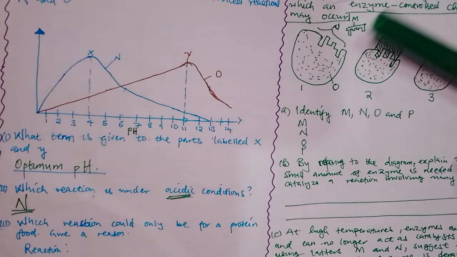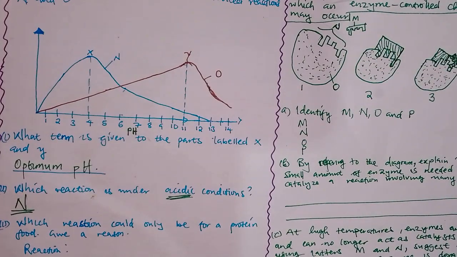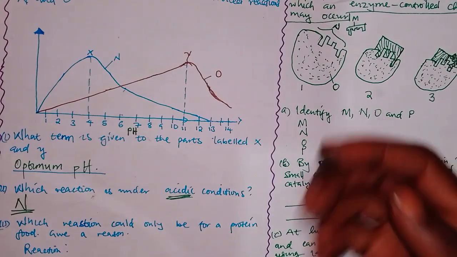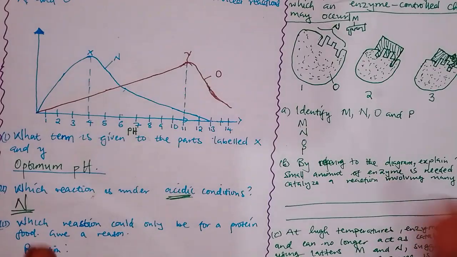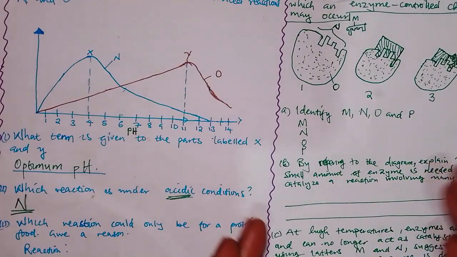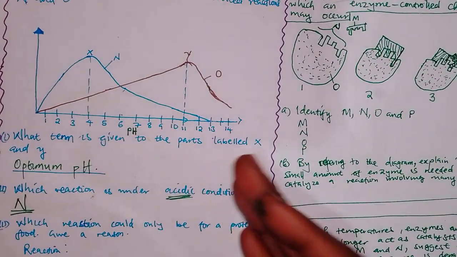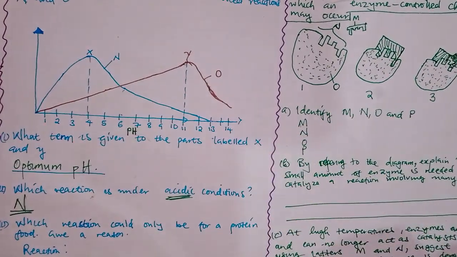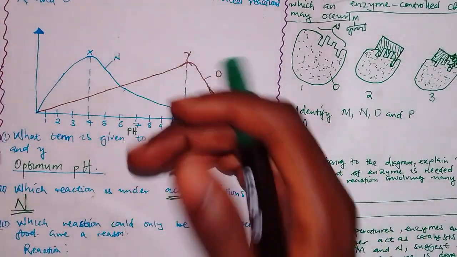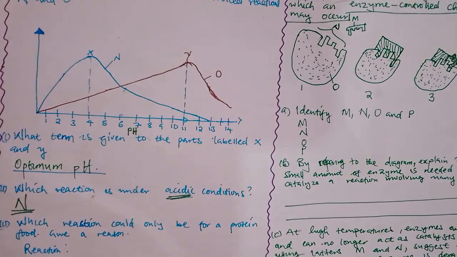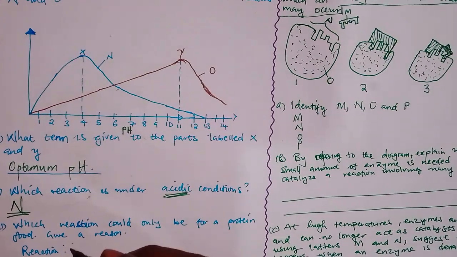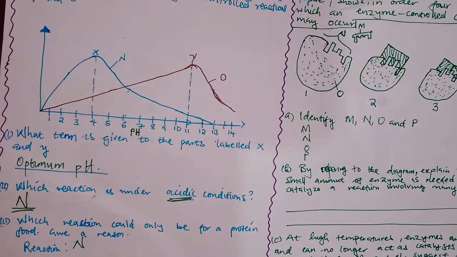Mostly the digestion of proteins takes place in the stomach. Remember, if the digestion of proteins happens in the stomach and the pH in the stomach is acidic, the reaction which will be for a protein is what? N, which works best under acidic condition. So here is a reaction N, and the reason is that